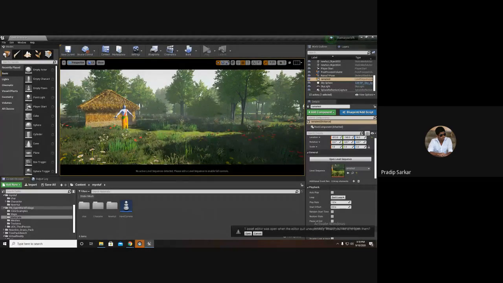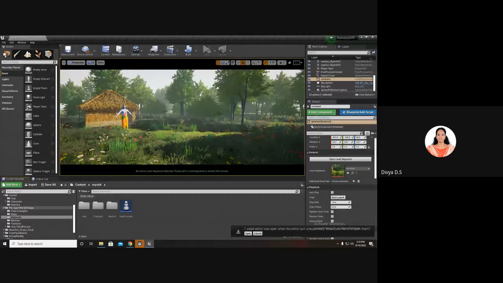For the basic things you can use Unity, but you cannot import that Unity scene inside Unreal. You have to make all those things again from scratch in Unreal. These are two different softwares.